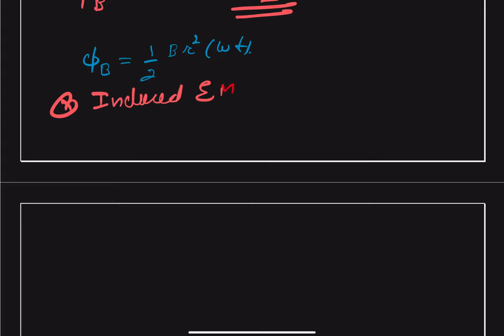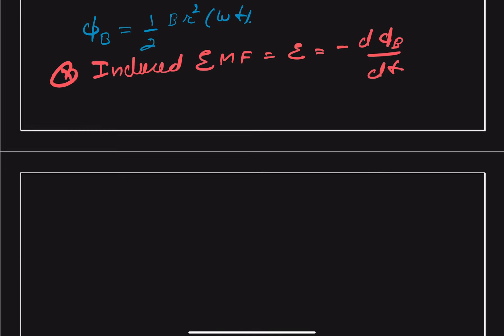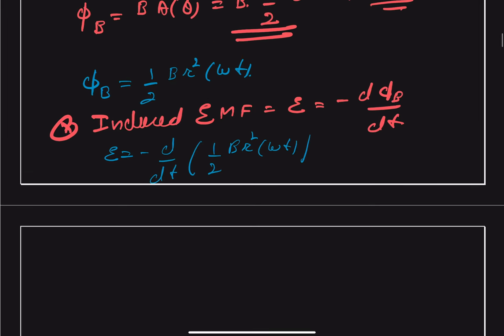Induced EMF will be equal to minus the derivative of flux, the rate of change of flux basically. So we substitute the value of phi B, and we get induced EMF is equal to minus d by dt of half B r square multiplied by omega t. So we can differentiate it, and this will give us minus half B r square